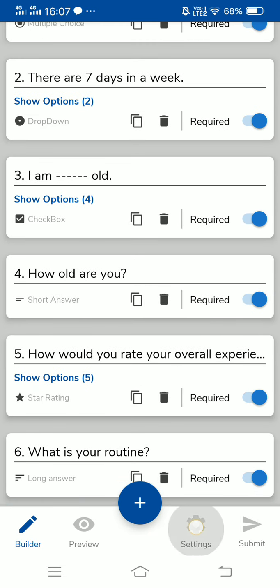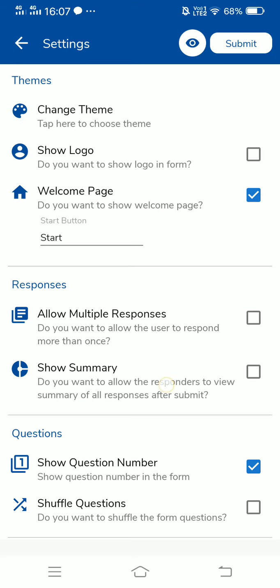Now let's go to settings again. If you would like to prepare any for any organization's sake, then you may go with the logo. Right now for demonstration I don't need any logos, I'm just skipping it. And then allow multiple responses.